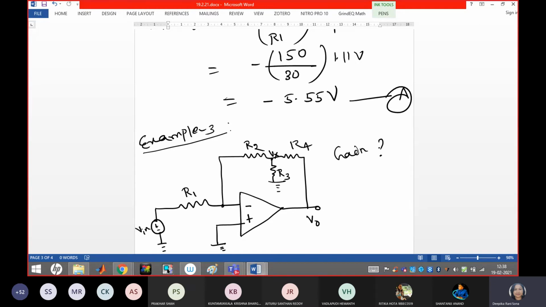Start solving this, guys. How do we proceed first? By virtual ground, this one. Suppose this is Vp and this is Vn. So suppose by virtual ground Vp equal to Vn equal to 0. Then suppose this one is I1 current and this is I2 current. Where will be I3? This will be I3. Where is the I4 then? Yeah, this is the direction of I4. So you may easily write down this, no?